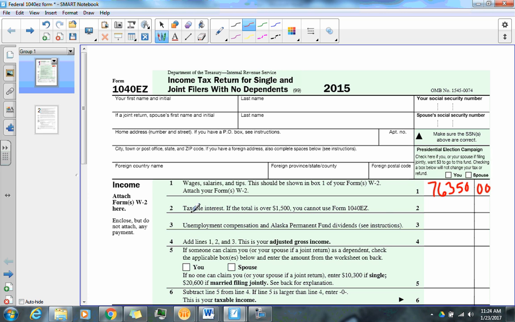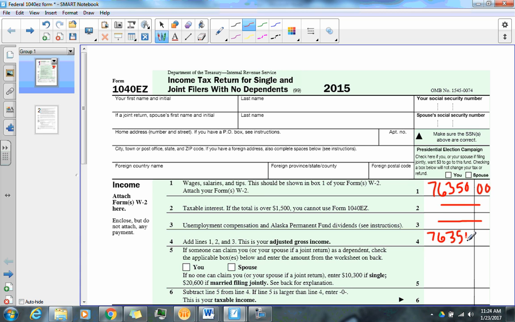Now for this particular example, and the ones that we're going to do in this class, line 2 talks about taxable interest, meaning if you got money off of maybe a savings account. Line 3 is unemployment, if you didn't have a job but you're getting an unemployment check. That's what you would fill in for 2 and 3, but we're just going to skip 2 and 3. All right. Now add lines 1, 2, and 3. So we're at